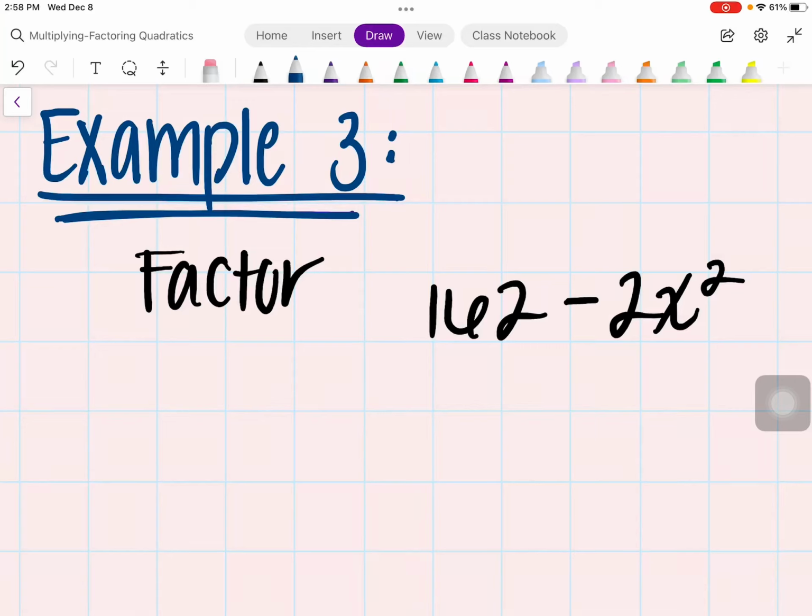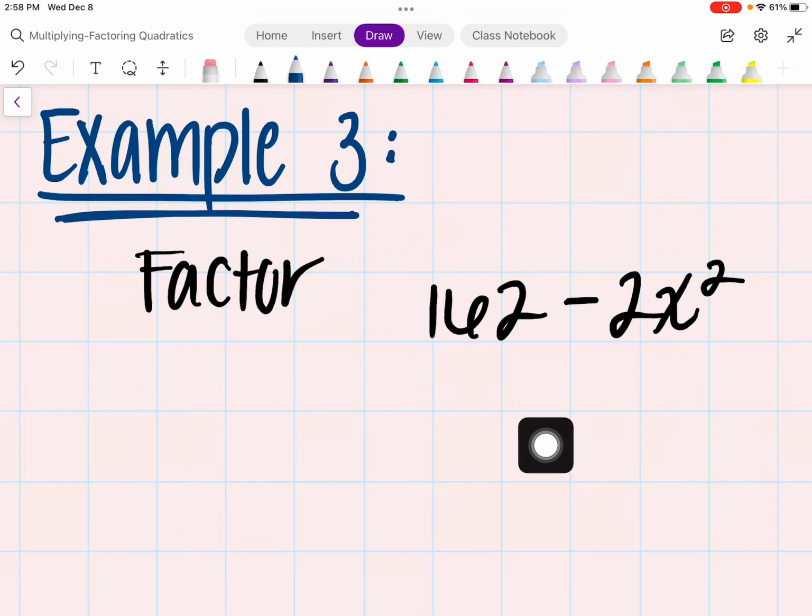All right, you guys, so in this case, example 3, we want to go ahead and factor the expression. I have 162 minus 2x squared. In this case, we've been working with expressions that would be considered difference of squares. Once again, the formula for difference of squares can only be used